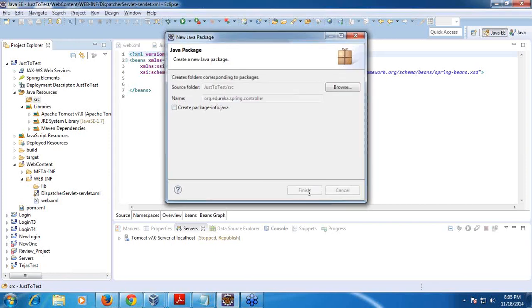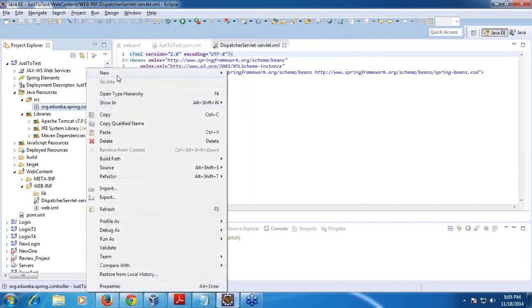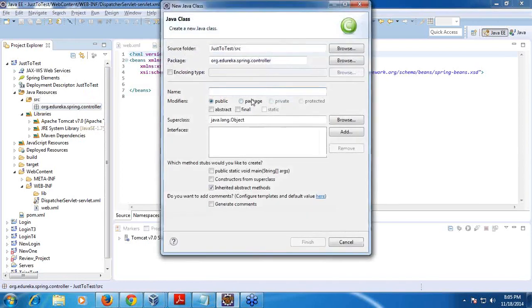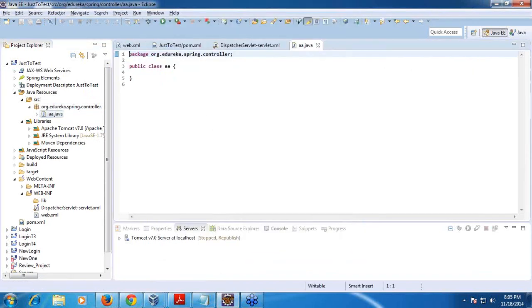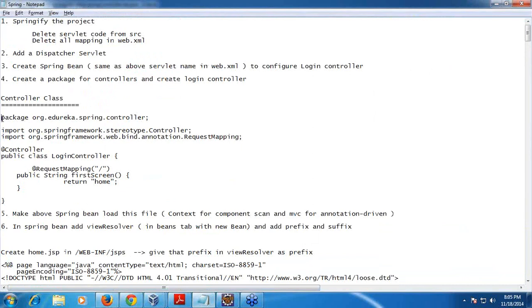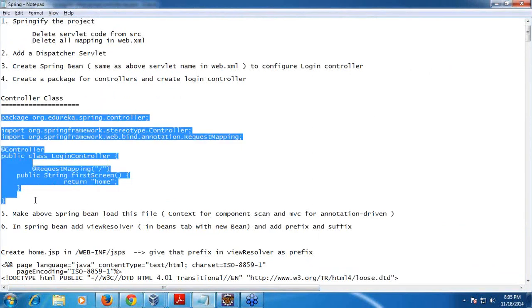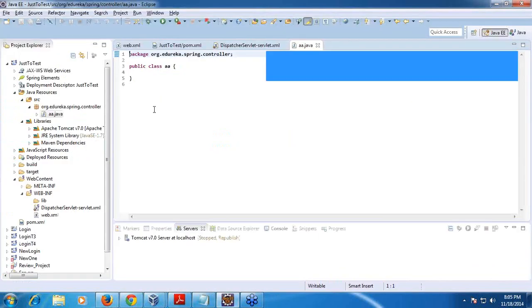Right. So now I have created a package. I will just create a new class here. What is this? This is a controller. So to save time, I'll just copy this package which I have created already, and the class, I mean to say, right?